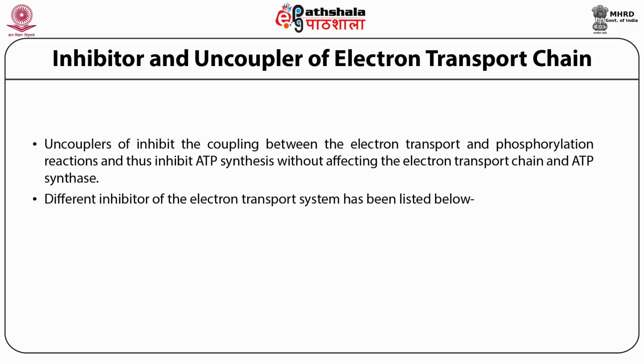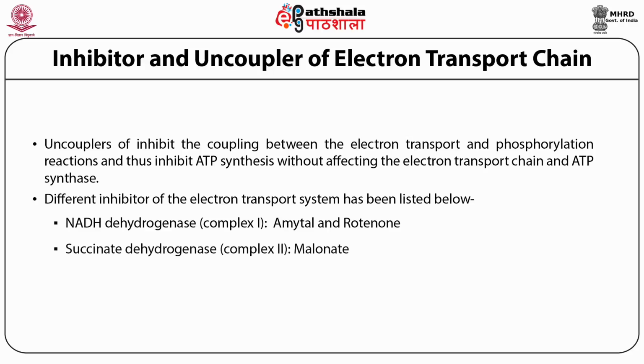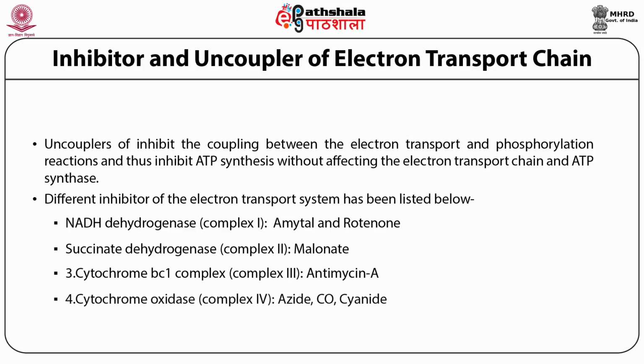First of all, I would like to give you information about inhibitors. So we have 5 complexes. Complex first has inhibitors like amytal and rotenone. If you remember, rotenone is very interesting, it is used in the fisheries. The second one is malonate. Malonate is an inhibitor of complex second, and then we have antimycin A, that is inhibitor of complex third, and then we have complex 4 inhibitors like azide, carbon monoxide and cyanide, and we have complex 5 inhibitors, that is